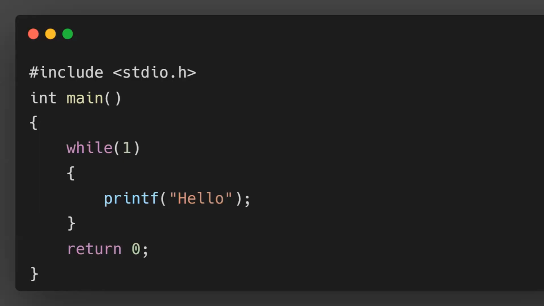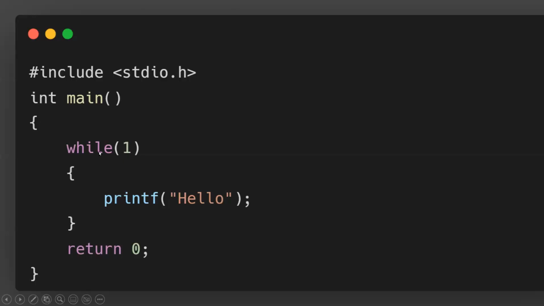Any number. So 1 is also true. 10 is also true. Minus 100 is also true. 10.50 is also true. So any number which is not 0. If it is 0, it means it is false.